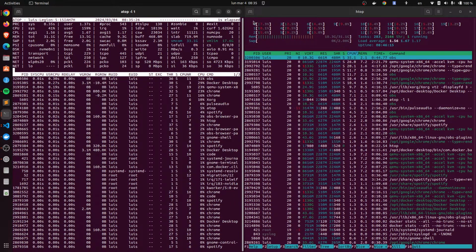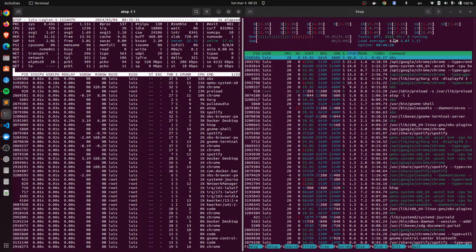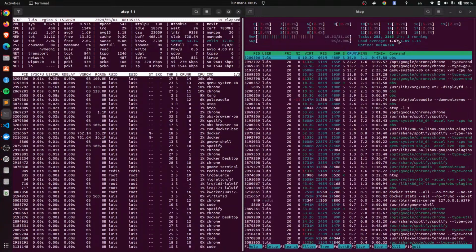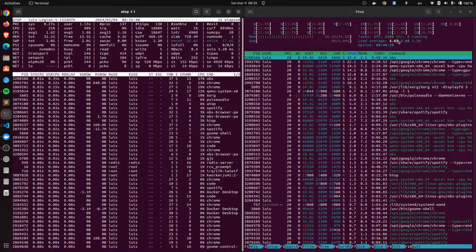Below 20 because I have 20 cores, and this load average, the unit of this thing seems to be equivalent to the number of cores.